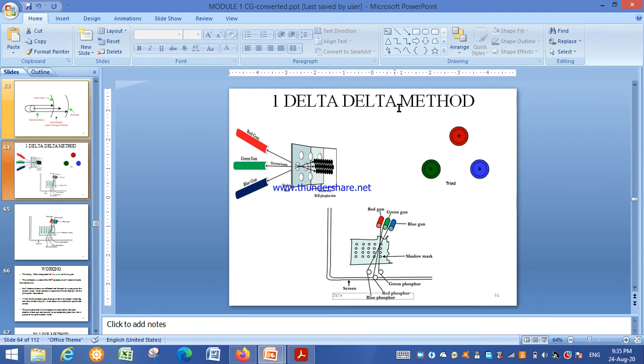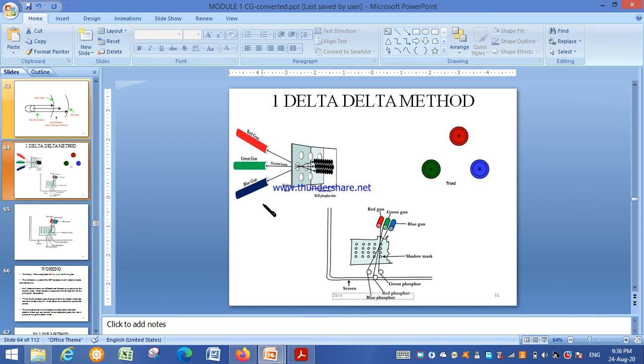In the delta method, we have arranged the electron guns in the form of a triangle, or we call it a triad. Okay, the electron beams are deflected and focused as a group onto a shadow mask.